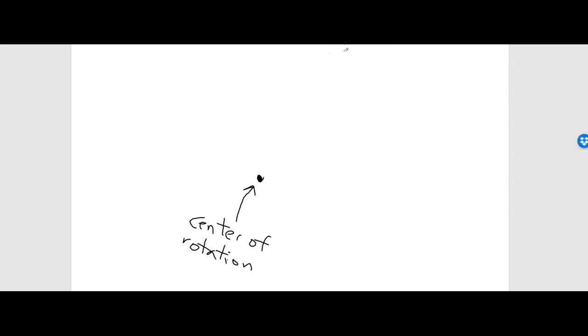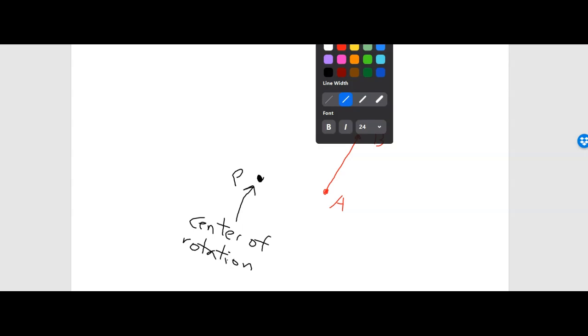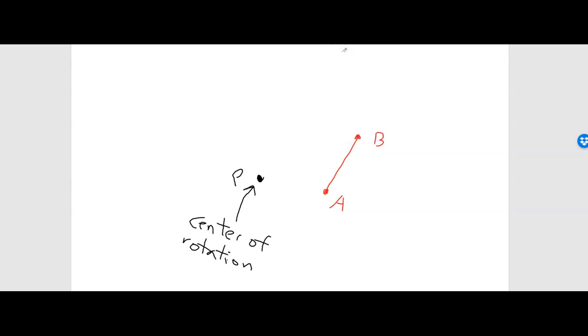Let's pick a figure, and I'm just going to do a simple figure, a line segment. So I'm going to have line segment AB. Now let's say I want to rotate this line segment 90 degrees around, we'll call this point P. Well, here's what we do. We're not going to do too many rotations by hand because they're very tedious, and there's software to help us do that nowadays. But if I was doing it by hand,